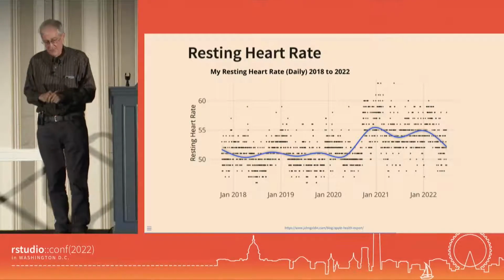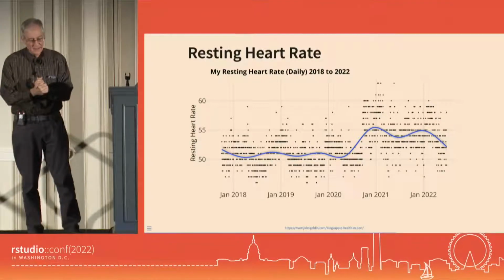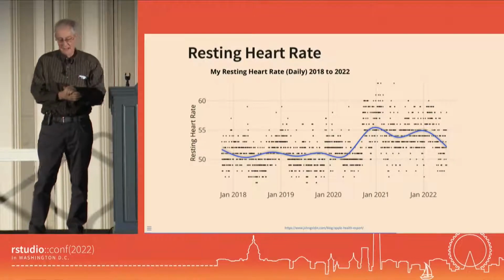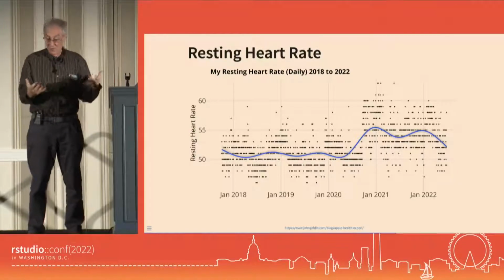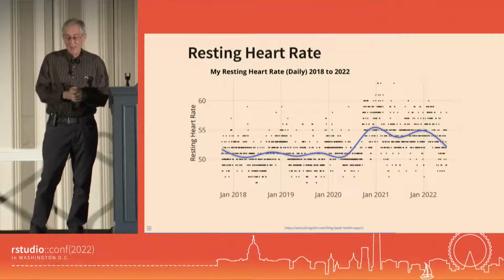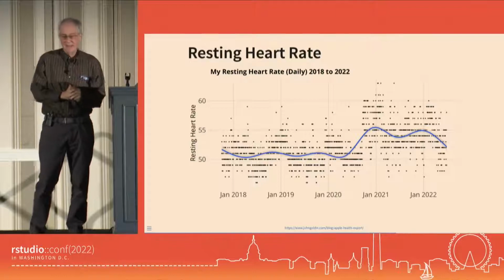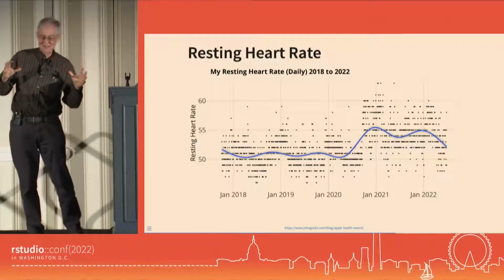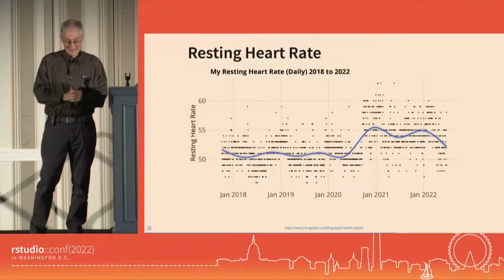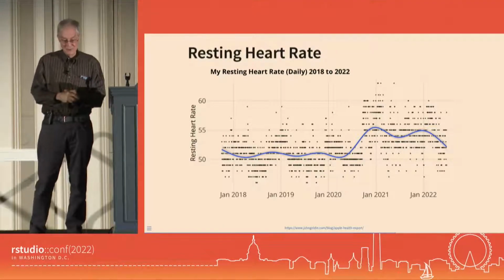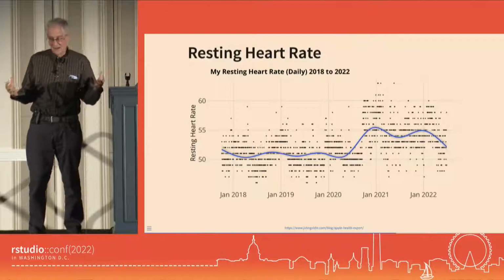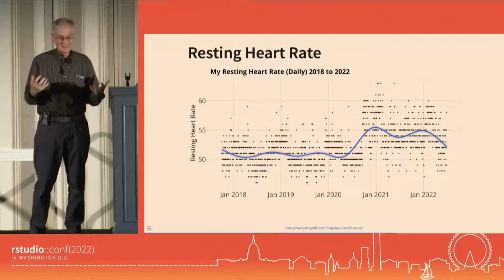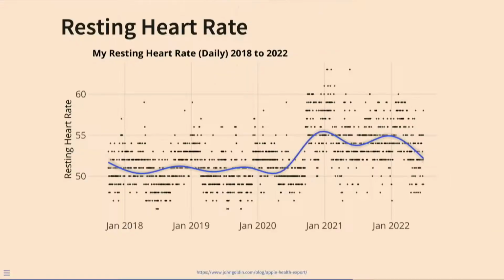This is resting heart rate. I'm interested in what's the trend in resting heart rate. We have heart rate on the vertical axis. On the horizontal axis, we have more than 4 years' worth of data here, 1 point per day. And all of this feels very personal to me. So I look at a chart like this, and I look at the smooth line that I put through this chart, and I say, whoa, what's going on here? Why is this line doing this? Is there something about me? Should I be worried about this? It's a trap you can fall into by spending too much time with your own data.